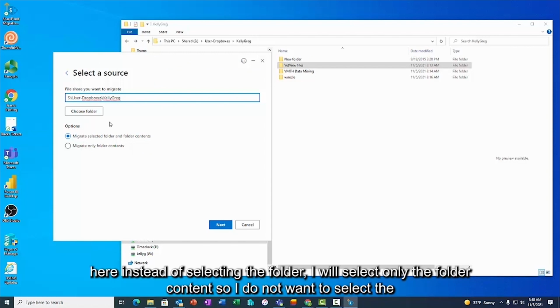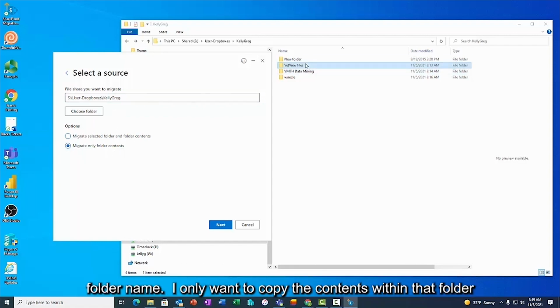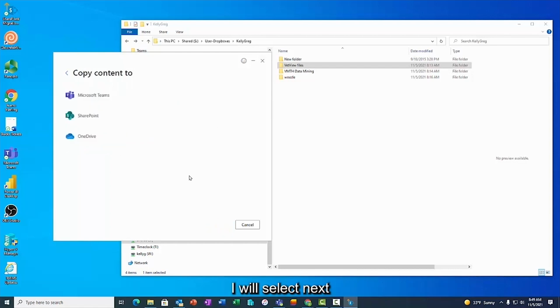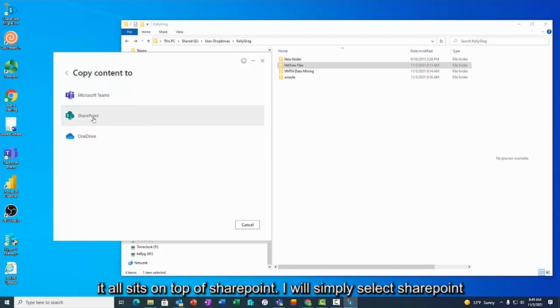Here, instead of selecting the folder, I will select only the folder contents. So I do not want to select the folder name. I only want to copy the contents within that folder. I will select Next. Since this will be a Teams channel, it all sits on top of SharePoint. I would simply select SharePoint